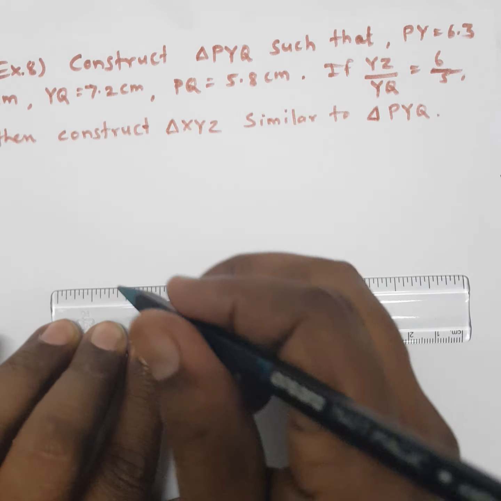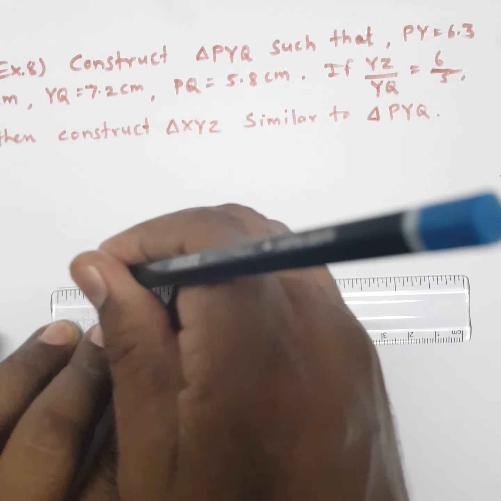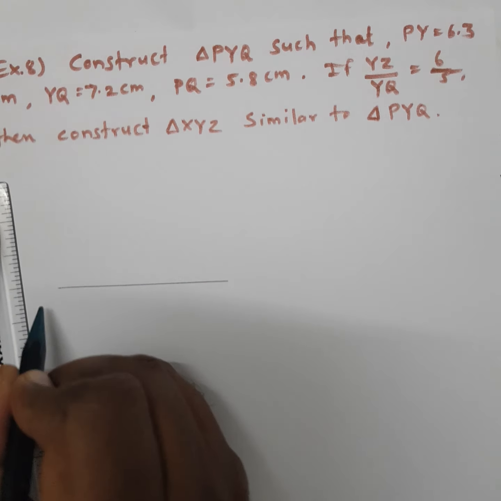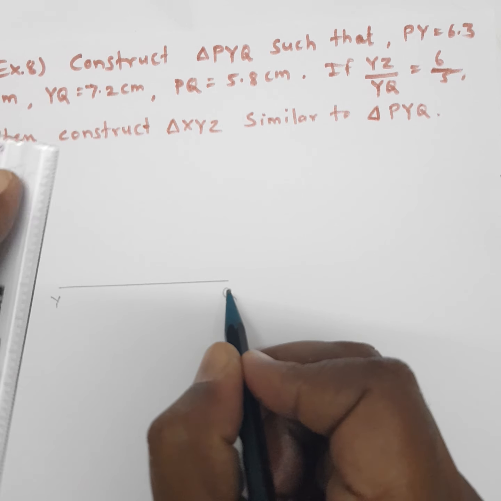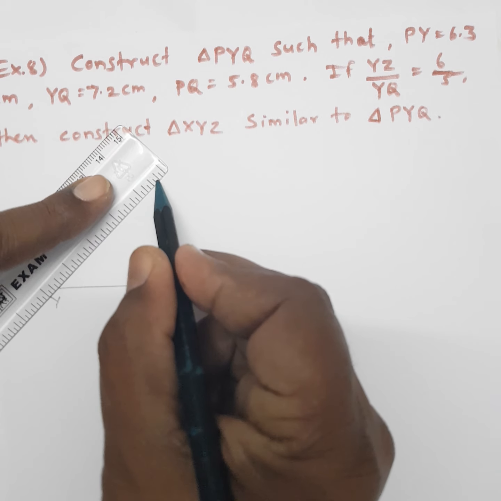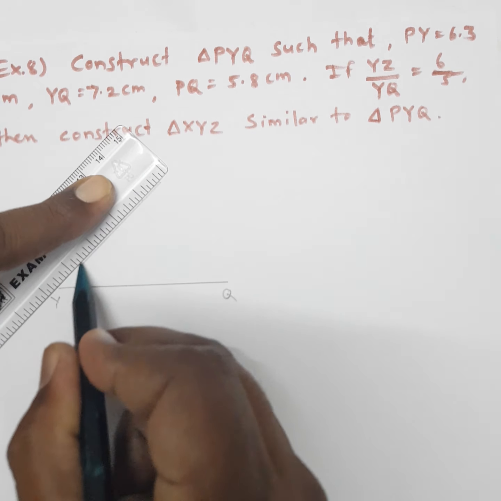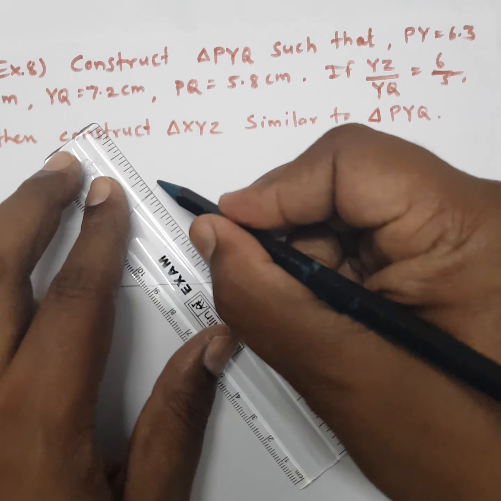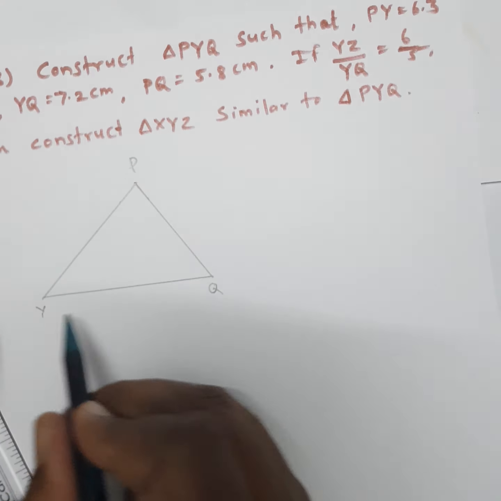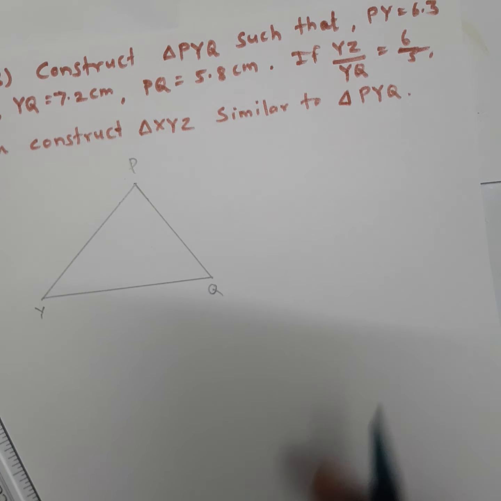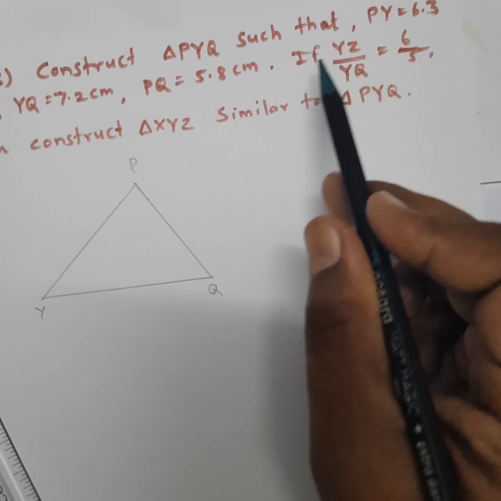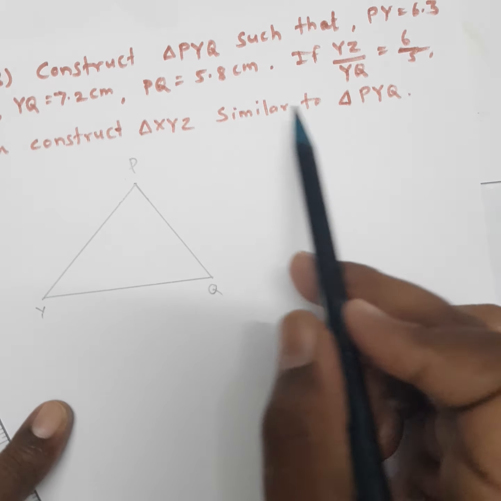First side YQ of any measure, YQ, then PY, and suppose it is PQ, PYQ. Now we have to construct triangle XYZ